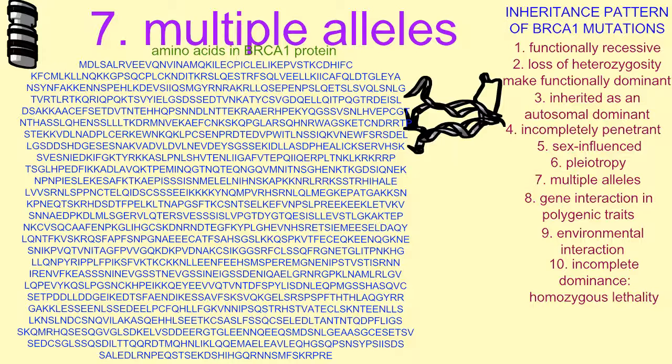Usually mutant alleles are those which are less than 1% of the alleles in a population. Mutant alleles can vary in their severity, from being silent to having an increased cancer risk of up to 85% during a woman's lifetime. And so there are multiple alleles of the BRCA1 gene, and which alleles a person inherits will affect their overall cancer risk.